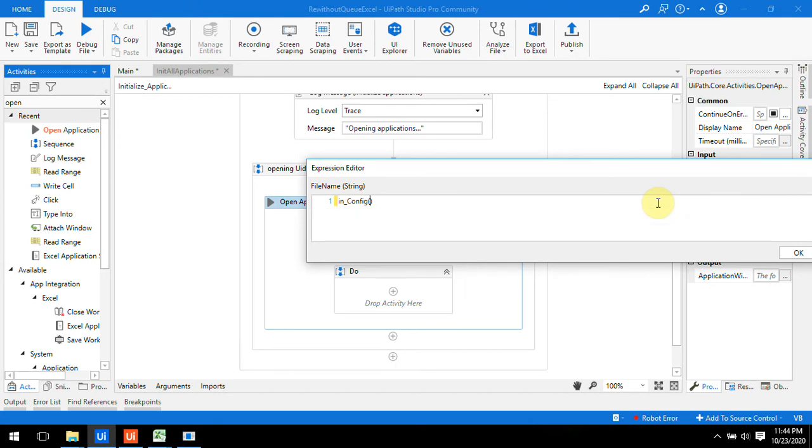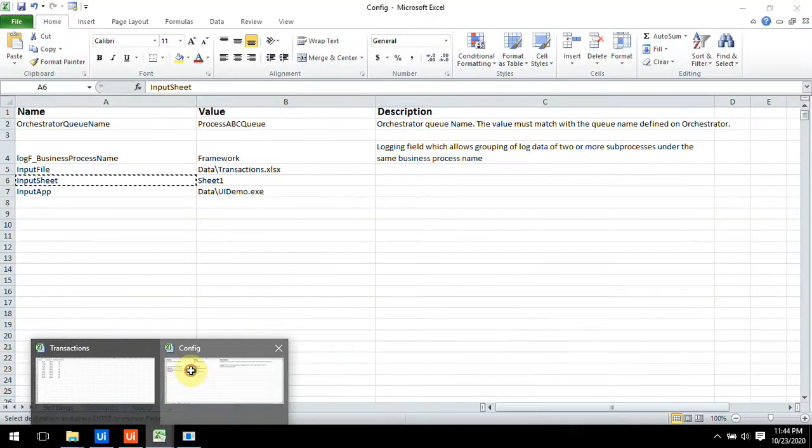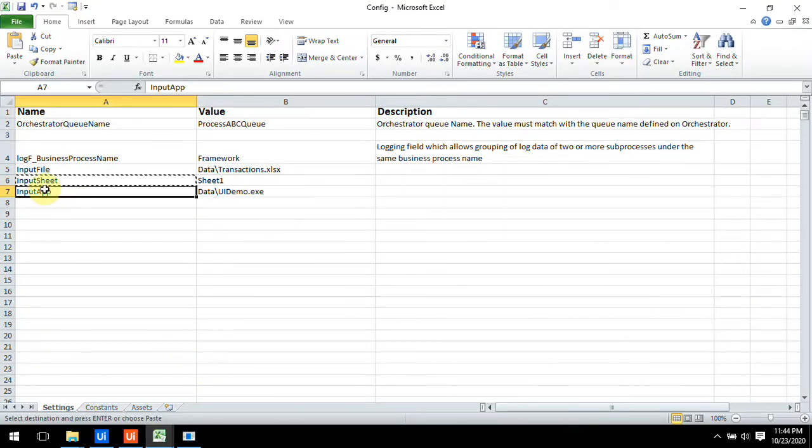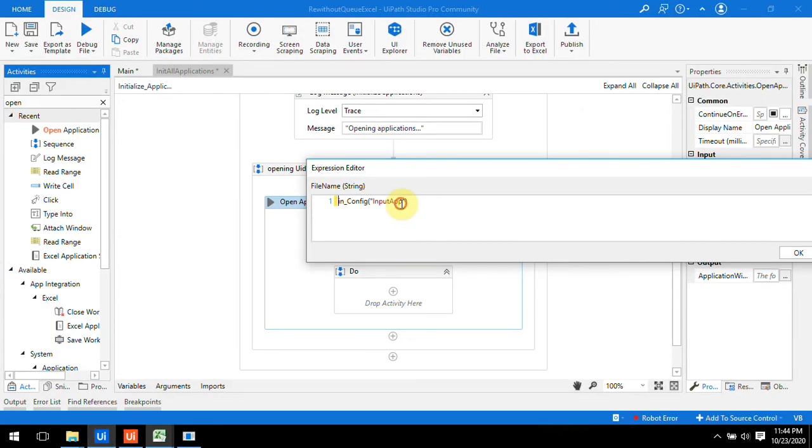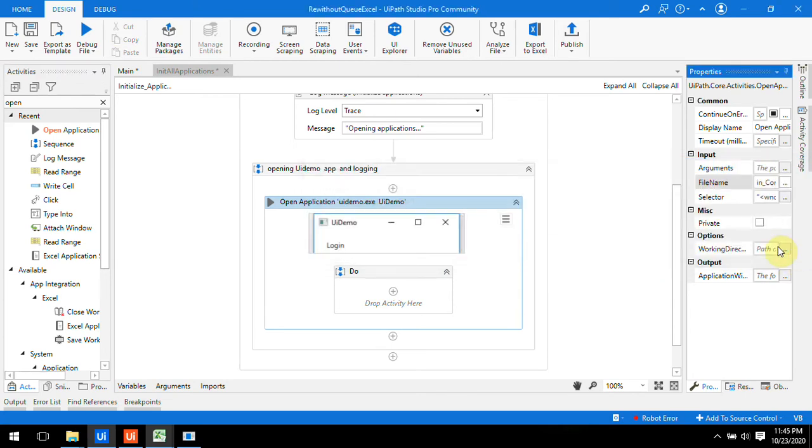In config, the path is input app. You should copy and paste the path because there might be spelling mistakes. Click on OK. Now the path is given to the app.